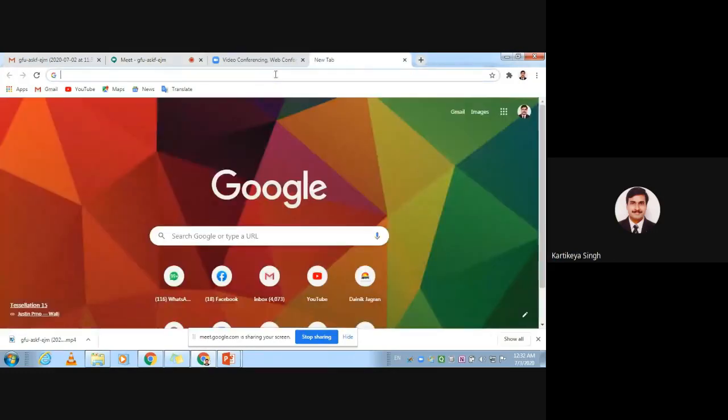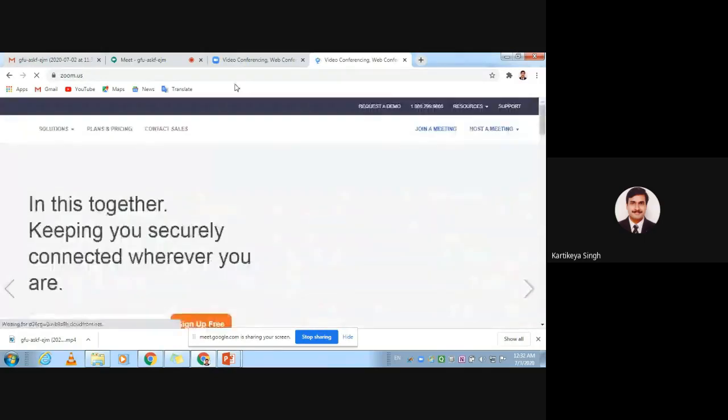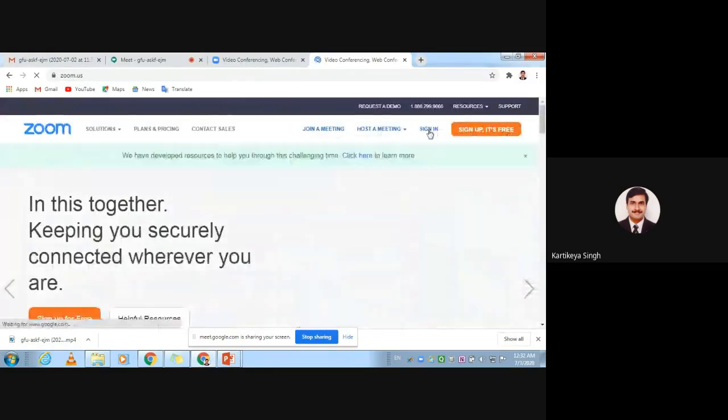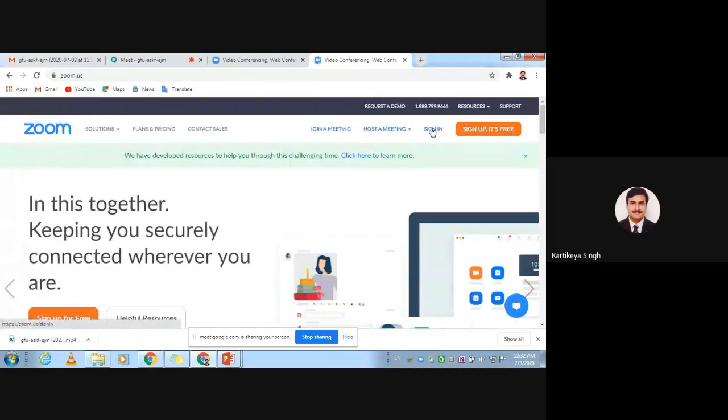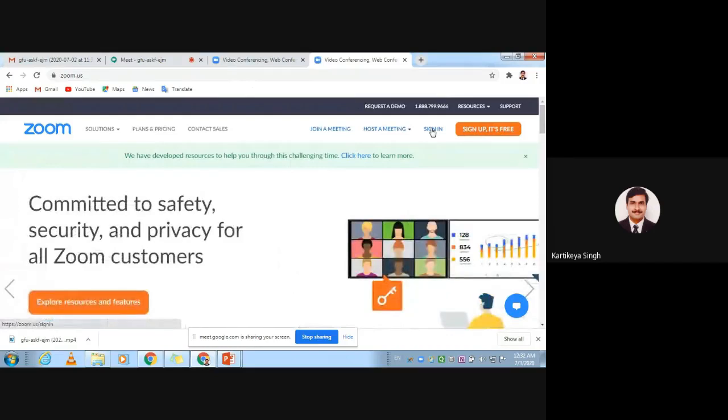If you go into this tab, just type zoom.us, and through zoom.us, it will ask you to sign in at the left corner. Before signing in, if you haven't signed up for this particular platform, it will ask you to sign up through a Gmail ID.